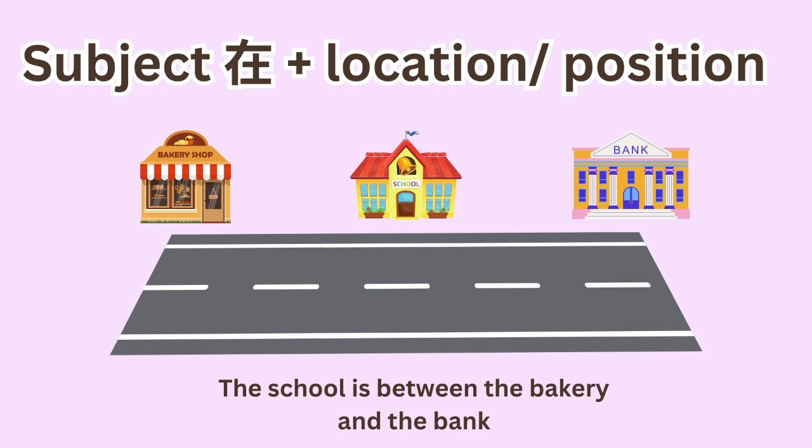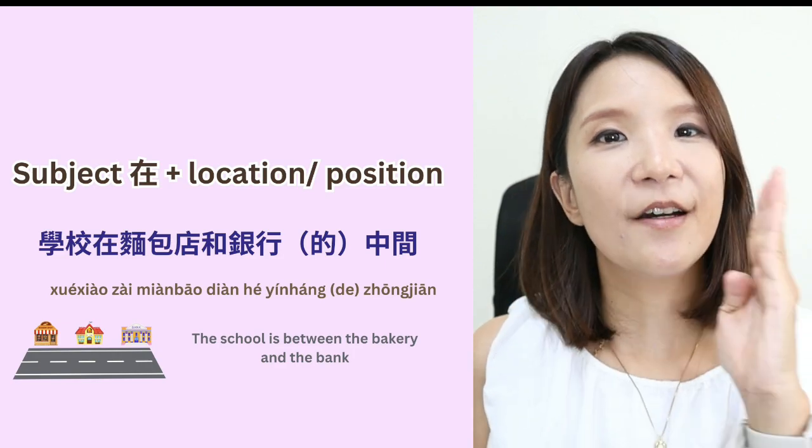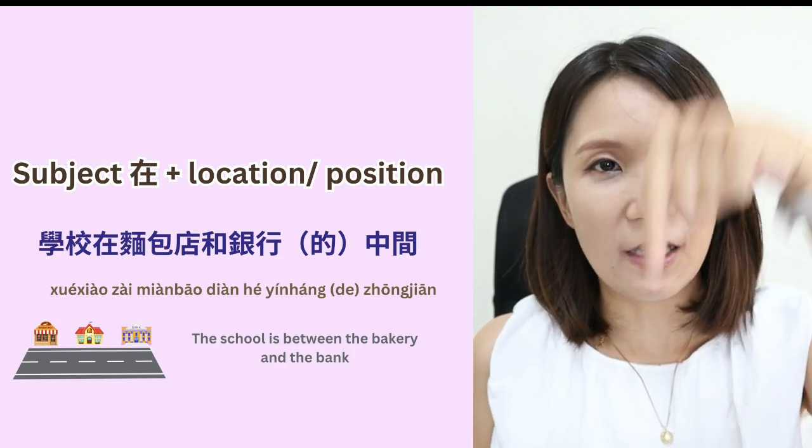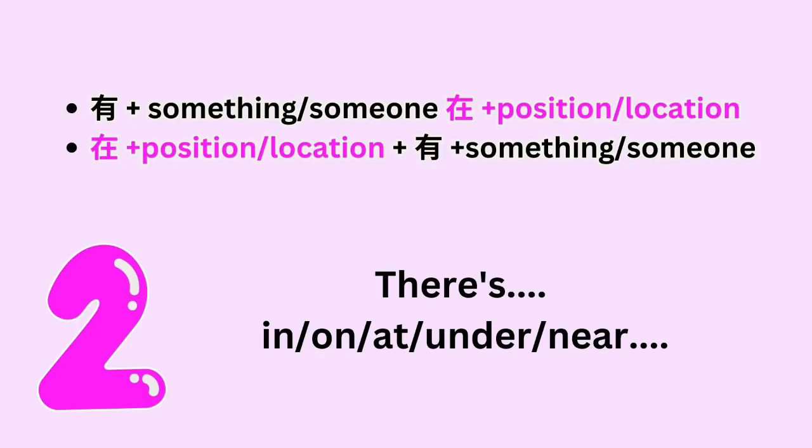So the sentence in Mandarin would be 学校在面包店和银行的中间。学校 the subject, 在面包店和银行 so bakery and the bank. 面包店和银行的中间。So in this case, you have to say 面包店和银行 and it's between 面包店和银行的中间。